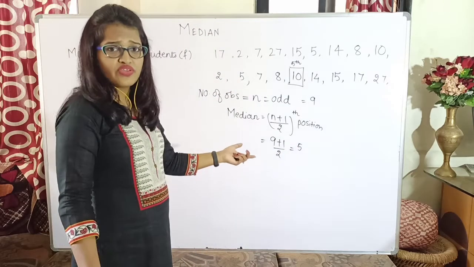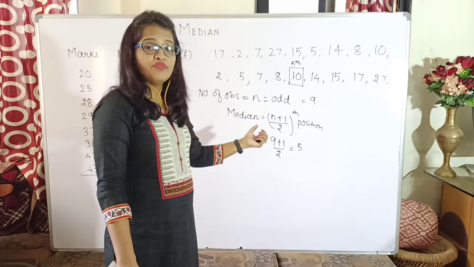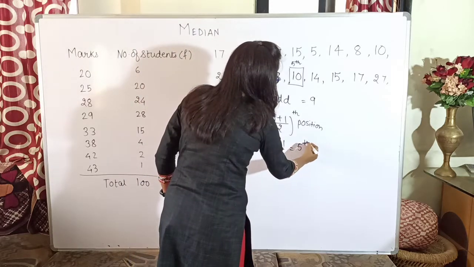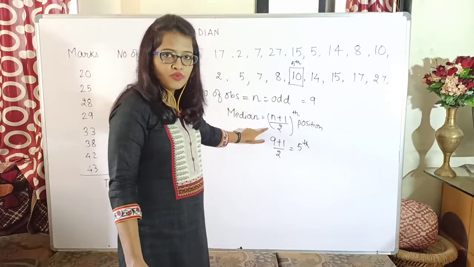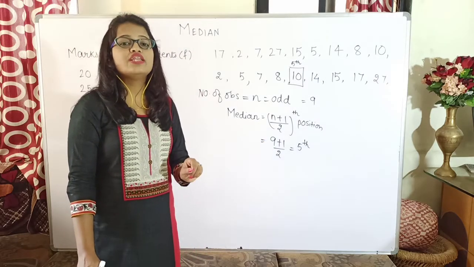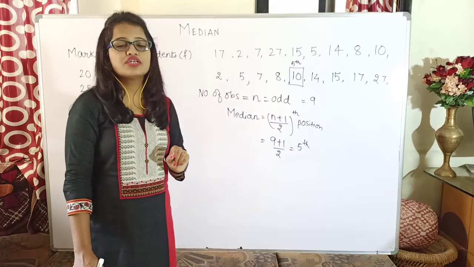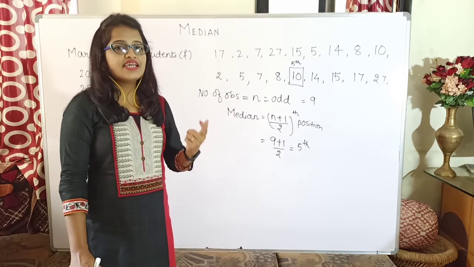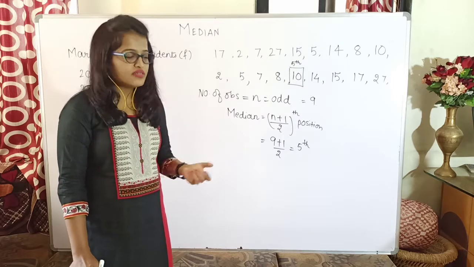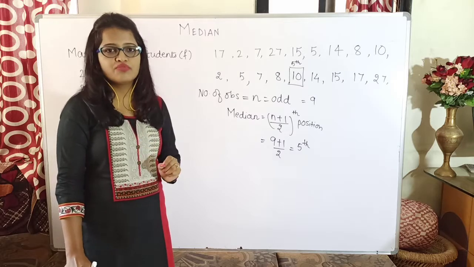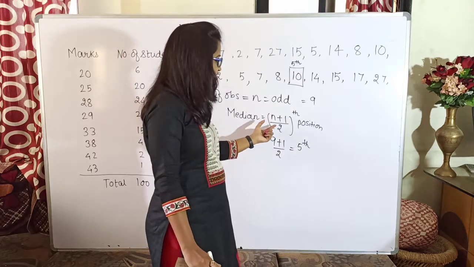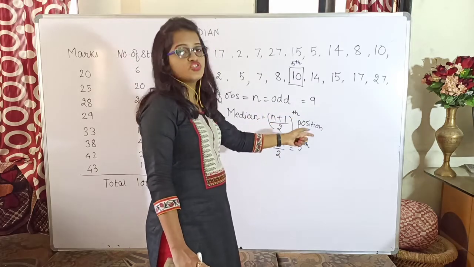Now is the median value 5? Yes? No. The median value is the value present at the fifth position. So whenever you are finding the position by this formula, you are just getting the position, which position value I have to consider as the median. You are not getting the median value, unlike the mean where directly from the formula you are getting the value of the mean. Here you are getting only the position number whose value you will be considering as the median. Okay, so I hope now you understood why I have written here the (n plus 1) by 2th position value.